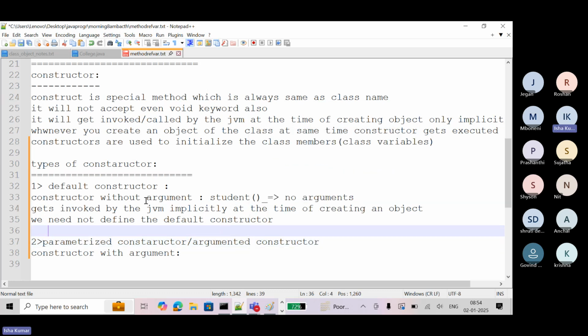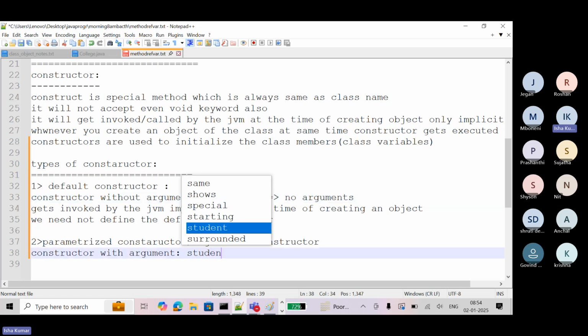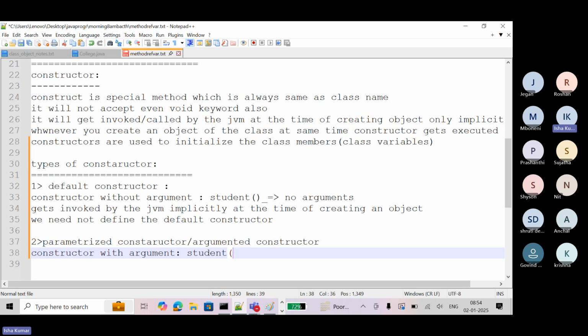This one you see is a non-parameterized, non-argumented constructor, because at the time you create the object like this, it will get executed internally. Constructor with argument means you can pass some value. This is called an actual argument, like 10, 20. If you want to pass, you can pass whatever value. So 10 and 20